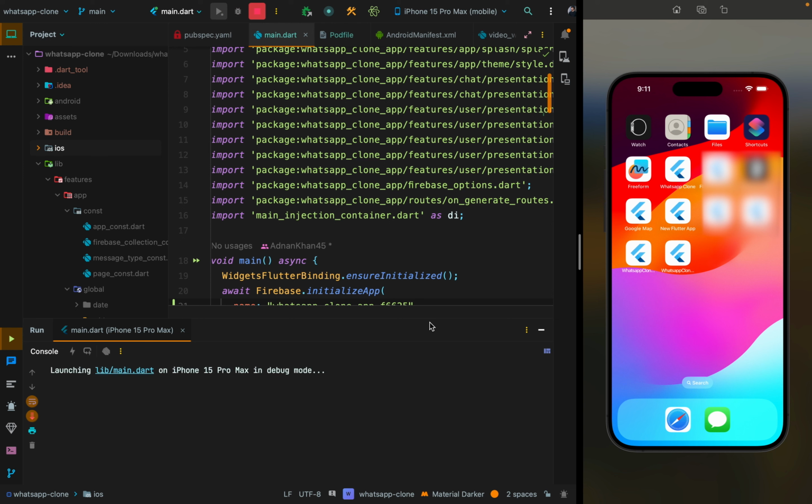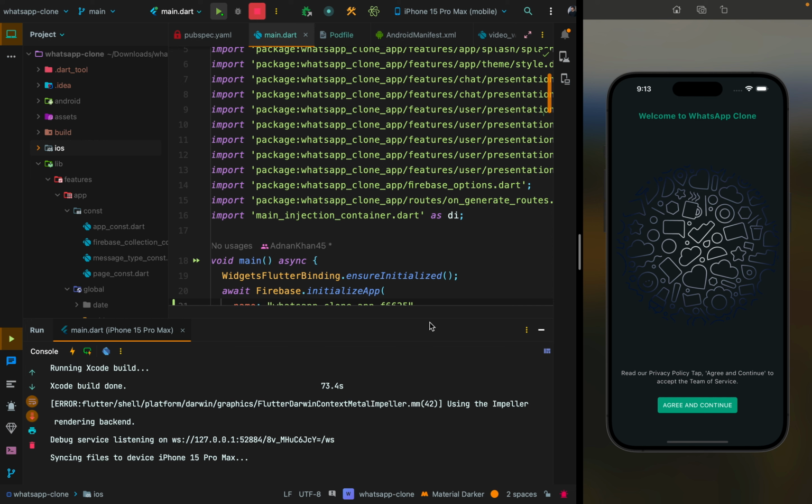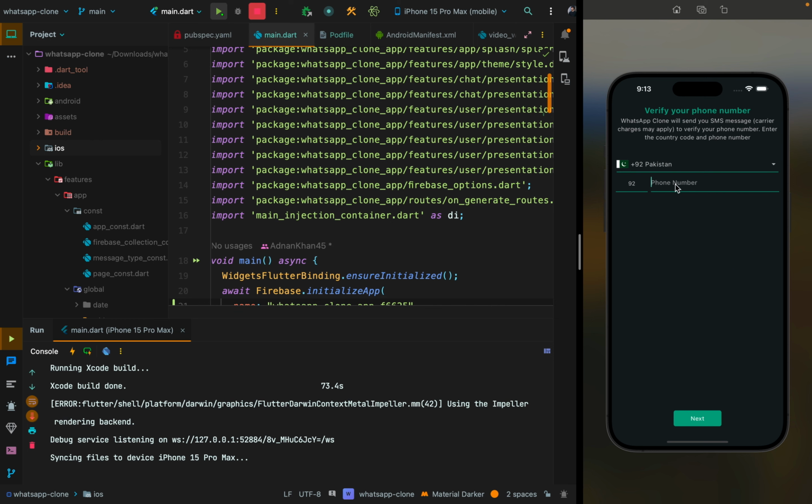So after having this configuration in Xcode for phone authentication, the phone authentication will start working, and it will no longer throw the exception that we just fetched a few seconds before. When the application runs successfully again on the iOS simulator, we have to follow the same steps again: agree and continue, and put in our phone number, let's say